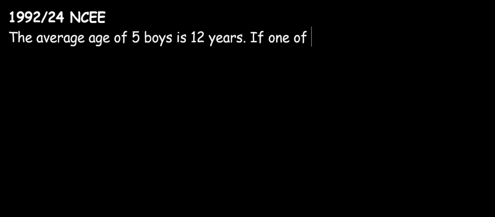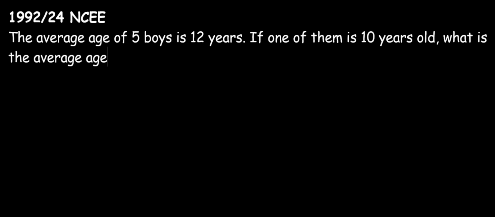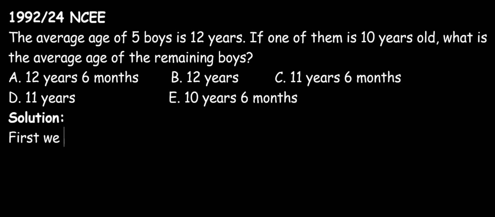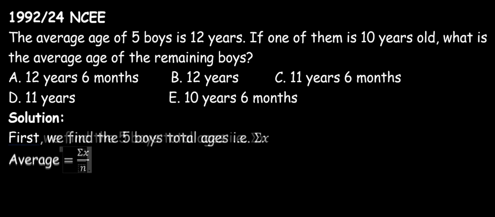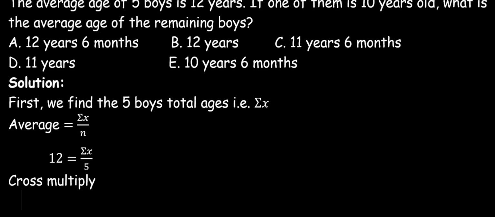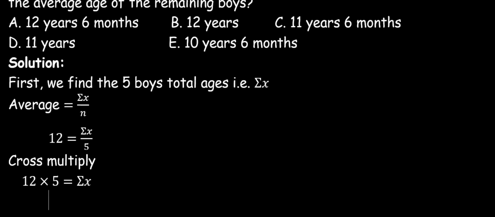Another example. The average age of 5 boys is 12 years. If one of them is 10 years old, what is the average age of the remaining boys? The options are given. Solution. First, we find the 5 boys' total ages. That is summation x. I know from our formula that average is equal to summation x over n. In this case, substituting, we have 12 is equal to summation x over 5. Next, we cross multiply. 12 times 5 will be equal to summation x. And that's the same as saying that the value 60 is equal to summation x, which is the total